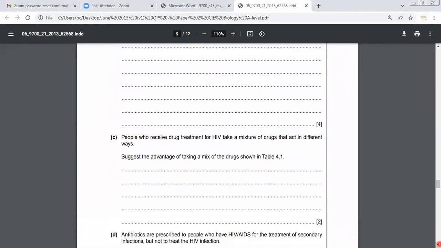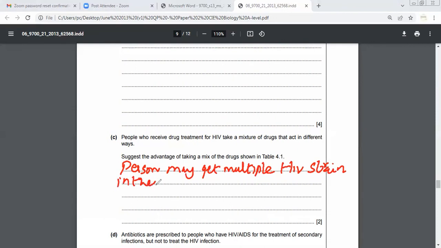People who receive drug treatment of HIV take a mixture of drugs that act in different ways. Suggest the advantage of taking the drugs in the form of a mixture, shown in table 4.1. Actually, इसके बहुत सारे reason होते हैं. First biggest reason is that a person may get different strains, multiple HIV strains in your body,